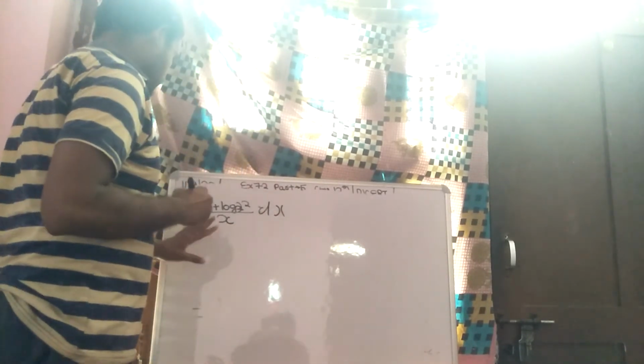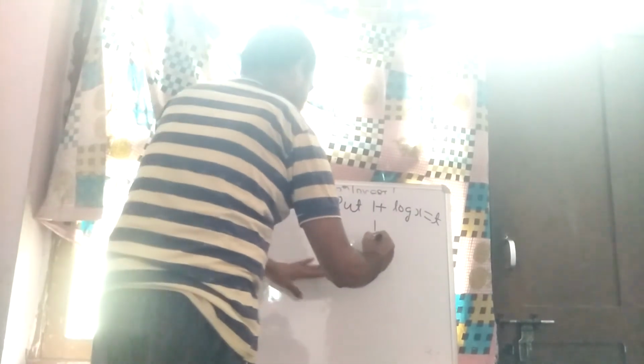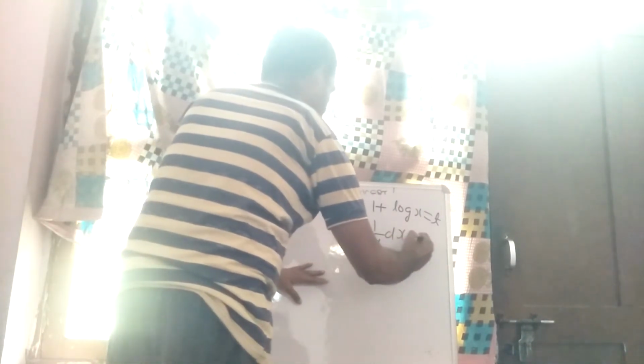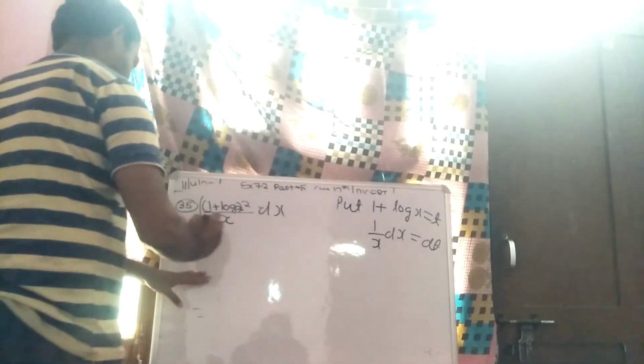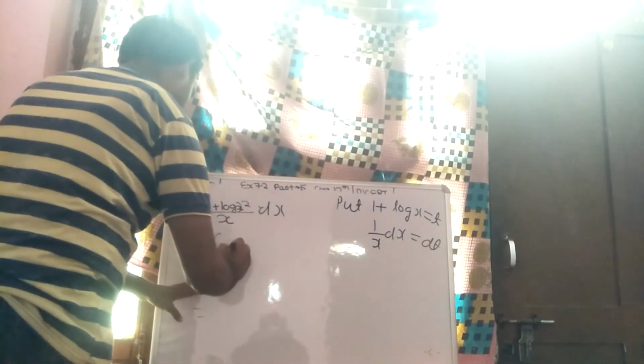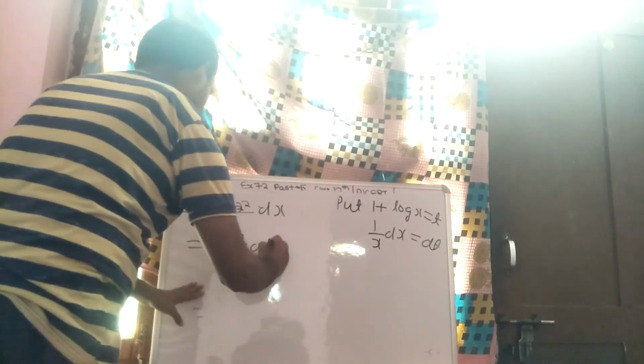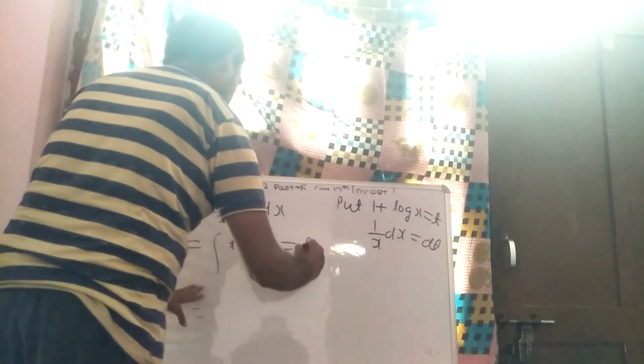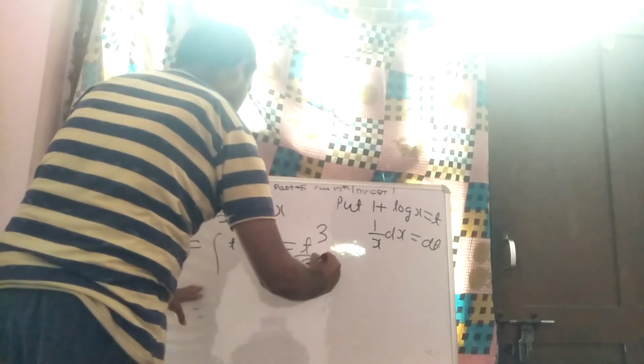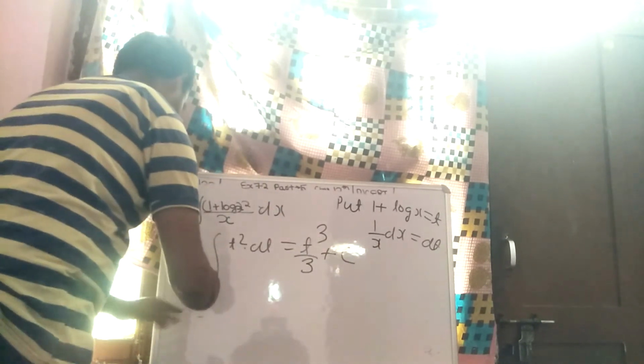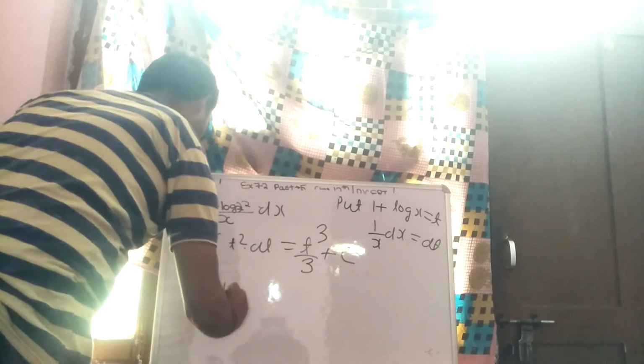Question number 35. Question is (1 plus log x) to the power, upon x. We put 1 plus log x equal to t. So this gives 1 upon x into dx equal to dt. We put this, this is t square into dt, very easy, t square means t cube upon 3 plus c. We get t means the value of 1 plus log x